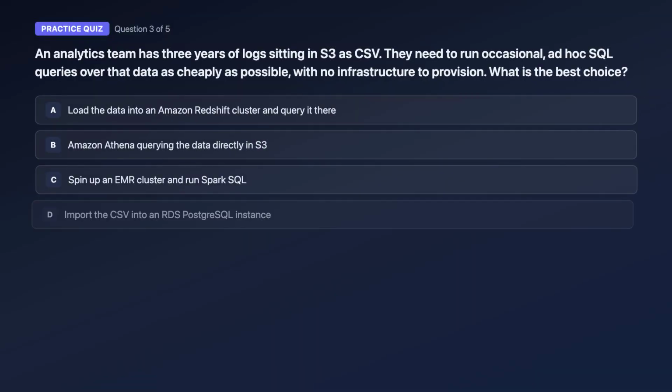Question 3. An analytics team has 3 years of logs sitting in S3 as CSV. They need to run occasional ad hoc SQL queries over that data as cheaply as possible, with no infrastructure to provision. What is the best choice? A, load the data into an Amazon Redshift cluster and query it there. B, Amazon Athena querying the data directly in S3. C, spin up an EMR cluster and run Spark SQL. Or D, import the CSV into an RDS PostgreSQL instance. Think about which